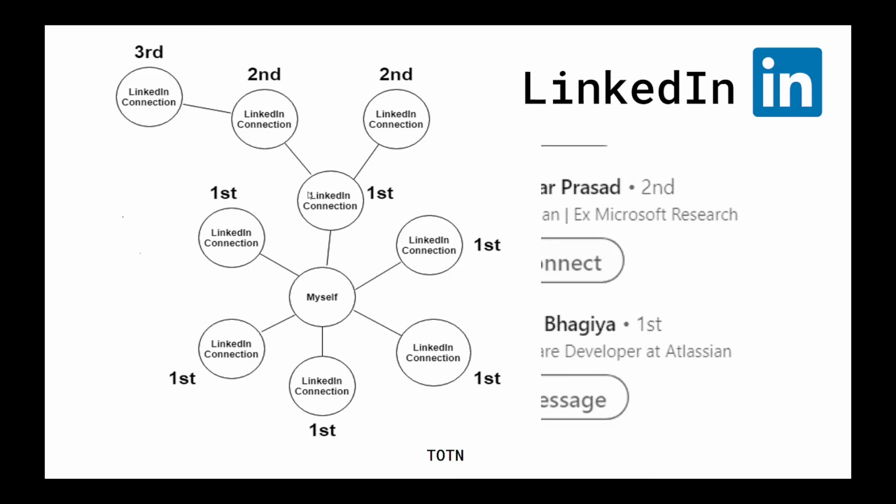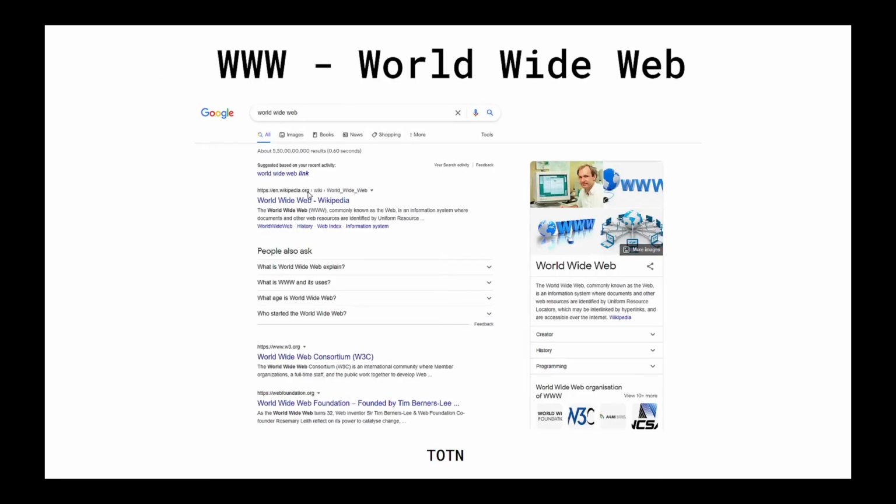So as a next example, we have the WWW, that is the World Wide Web. Okay, so how is graph related to World Wide Web? So whenever you visit a web page, you often see that there are links that are pointing to other web pages, which in turn have links to other web pages as well. So if I just do a simple Google search of World Wide Web over here, you can see that I get some search results. If you open any of these web pages, then you have further links that might be pointing to other web pages.